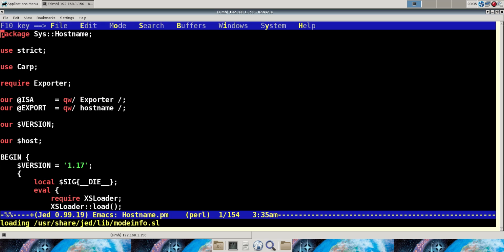And Jed is a really powerful editor. As you see here, we get syntax support. You get a menu bar up at the top, which is a nice menu to get into, F10. I use it in Emacs style modes. I think it also lets you do WordStar key bindings, maybe a couple other styles of key bindings. But I find Jed to be a really powerful editor, and unlike some of the other Emacsen, which